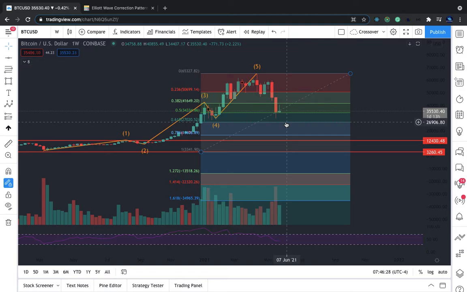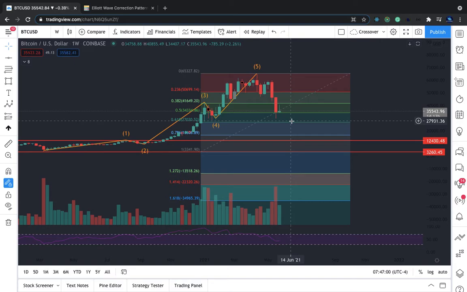Now, what are these scenarios I keep talking about? Well, the first scenario we want to watch out for is if it continues to keep going down, we want to see a bounce off of 27,000, 27K. That would be where the 61.8 retracement will end. We still have more downside, of course, more support levels around 16K. But if it does break below 27K,